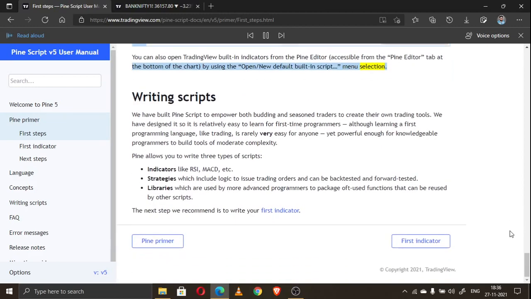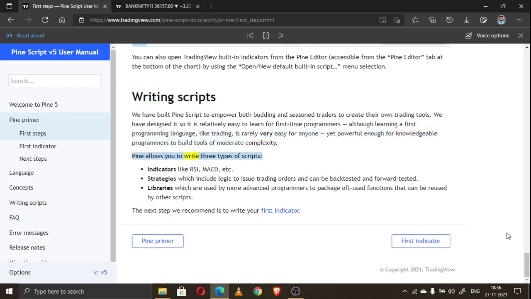Menu selection. Writing scripts. We have built Pine Script to empower both budding and seasoned traders to create their own trading tools. We have designed it so it is relatively easy to learn for first-time programmers, although learning a first programming language, like trading, is rarely very easy for anyone, yet powerful enough for knowledgeable programmers to build tools of moderate complexity.